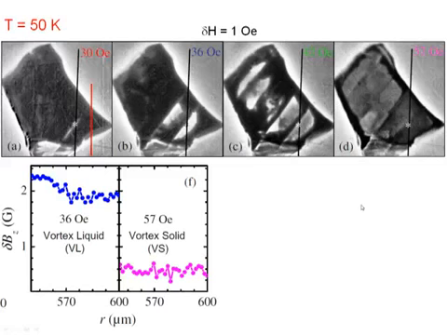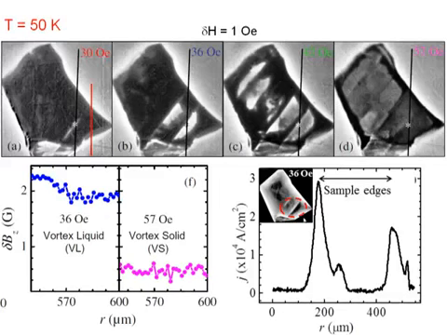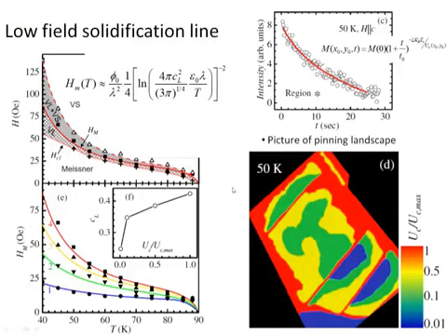Furthermore, nucleation of the vortex solid phase is characterized by the disappearance of shielding currents within the vortex solid regions, as is noted within the encircled region and also with this arrow. Based on such studies, we have identified the vortex liquid to solid melting line experimentally. This experimentally determined phase transition boundary is also matching well with the theoretically predicted melting line at low magnetic fields